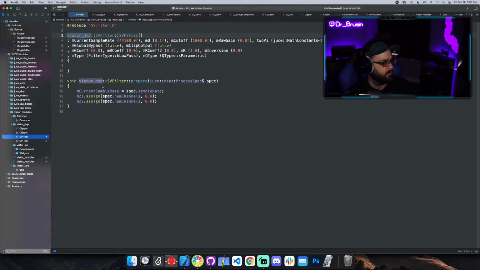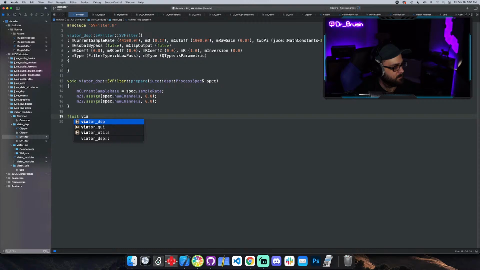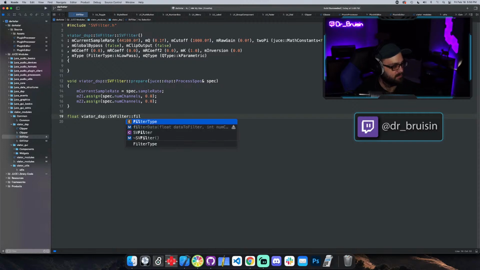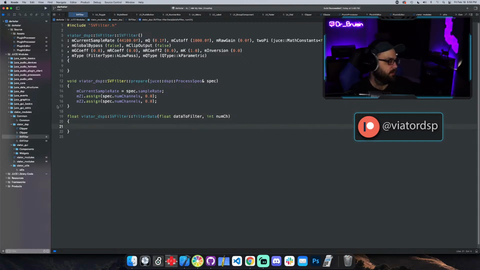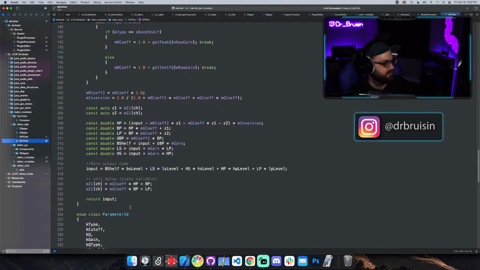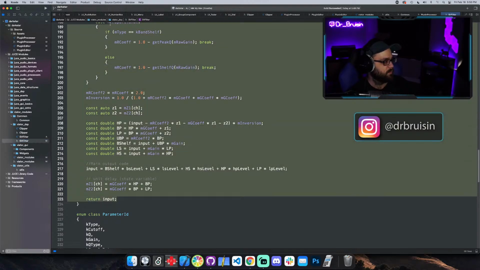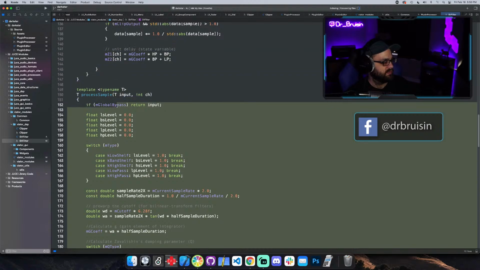Okay. So we're gonna say float Viator DSP SV filter filter data. Is that what it's called? Yeah. Okay. And then I should be able to just copy and paste everything. Where I say that